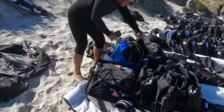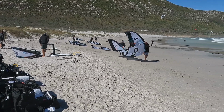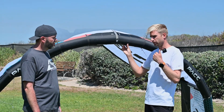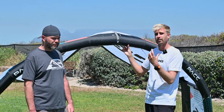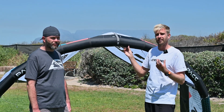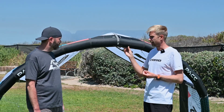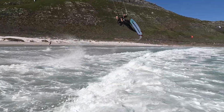One downside from that is, if you're a sensor-free owner, you shouldn't fly this kite on a sensor-free bar. Neither should you fly the Pace Pro on a sensor-free bar because the flag out is not long enough. So flying it is not the issue, safety is the issue here. So therefore you will have to take a sensor 4 bar, fly it on the high Y split, and you're gonna have a very fun